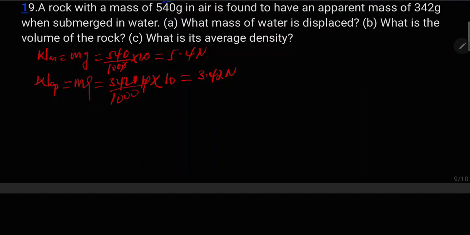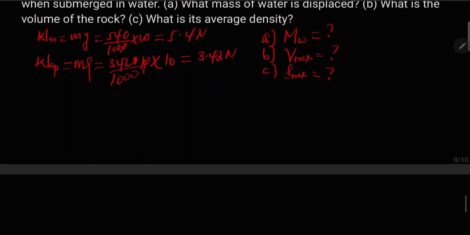Then buoyancy force equals the mass of the water displaced. Mass of the water displaced. B. What is the volume of the rock? Volume of the rock. And C. Average density of the rock. So እነዚህን ሶስቶችን ነው የምንፈልገው ማለት ነው። So from buoyancy force formula, buoyancy force is equals to